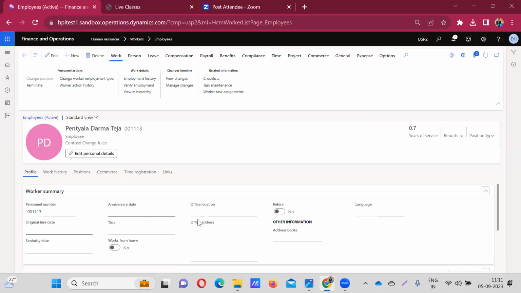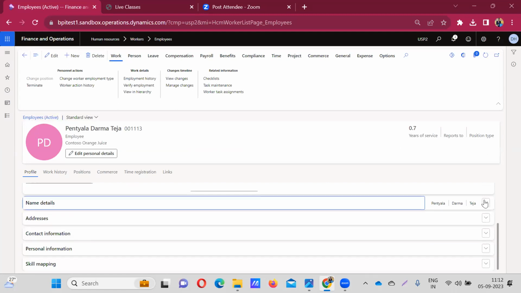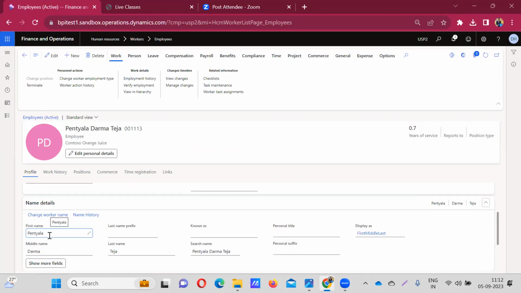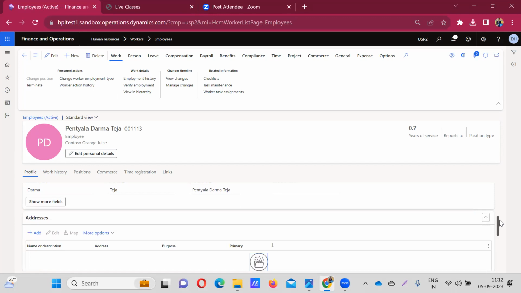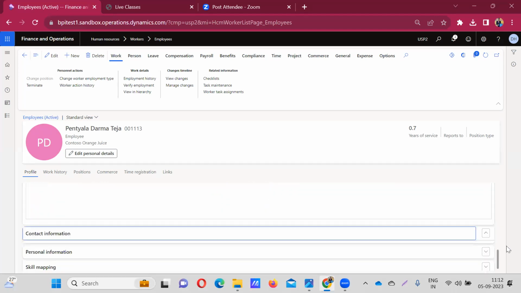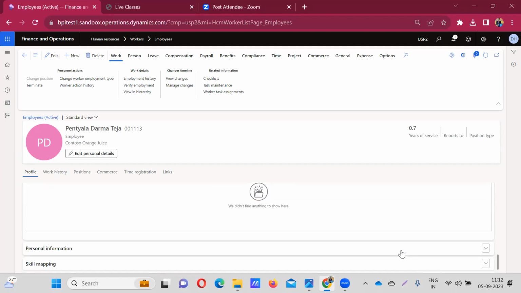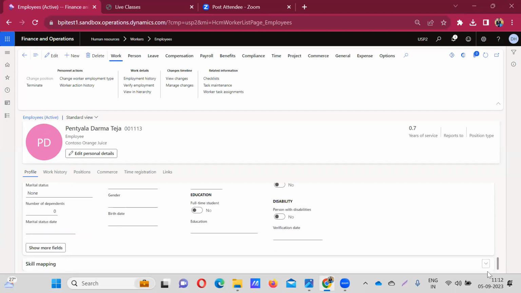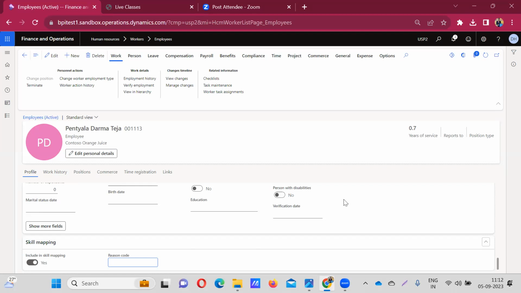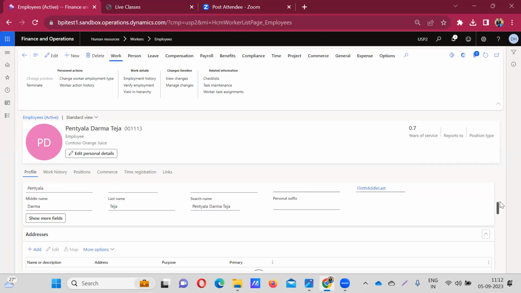I only gave the personal number, and automatically it will create. In the name details, you can see first name, middle name, last name. Set name, automatically it will come. And next, I did not create any address. And contact information, I did not create. If required, you can create as well. I did not enter any personal information as well, and skill mapping as well. I have only done first name, middle name, last name, and